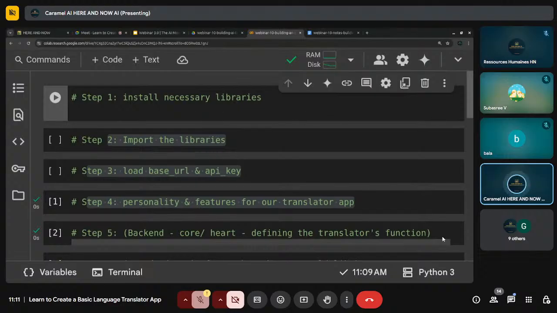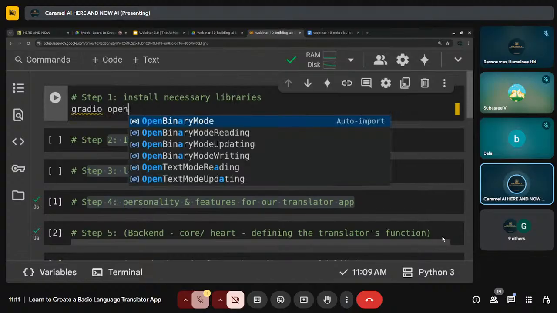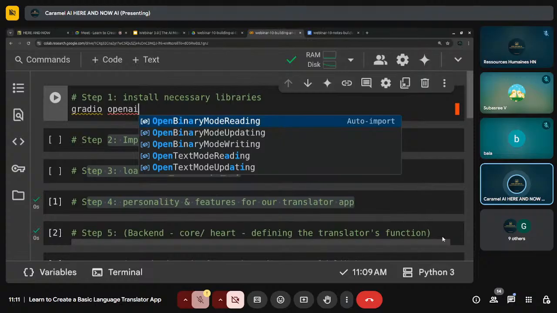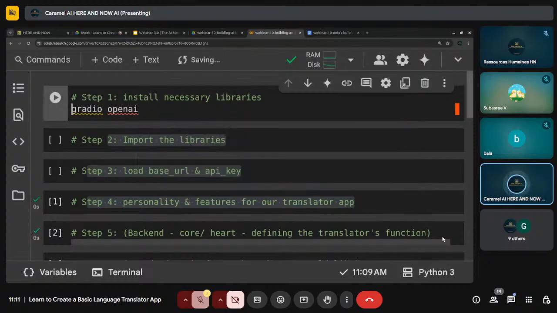In Google Colab, we would be needing only OpenAI. OpenAI is also pre-built in, so we won't need to install it. I'm just writing this. We need Gradio, and also we need OpenAI. This is another library that we would be needing. If you are doing it locally, not on Google Colab, then you will have to install a few other